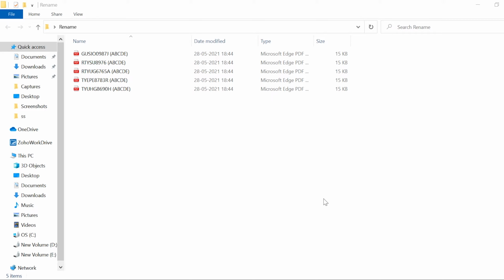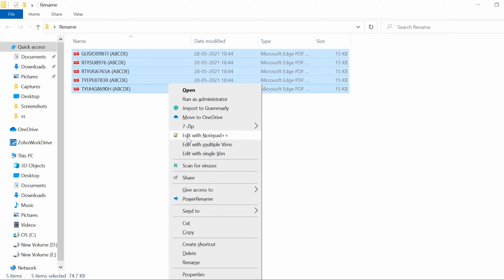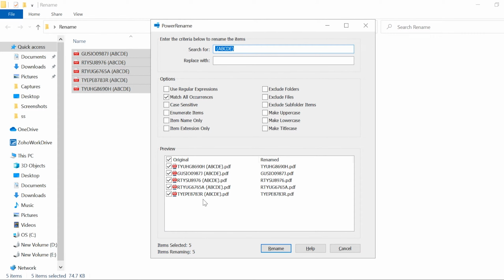Windows users can do the following. Download the Windows PowerToys app and enable the Power Rename in the application settings. Open Windows File Explorer and select all the Part A files. Right-click and select Power Rename, and the Power Rename menu will appear. The Search and Replace dialog box will appear, wherein you can replace the space and financial year in the file name with empty text. We have attached a link to this app below. You can download Windows PowerToys from that link.